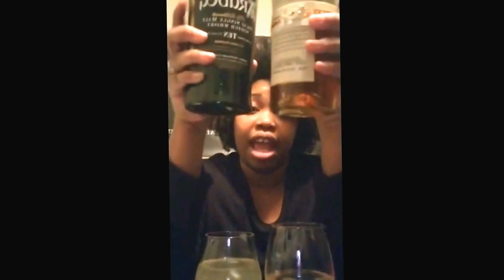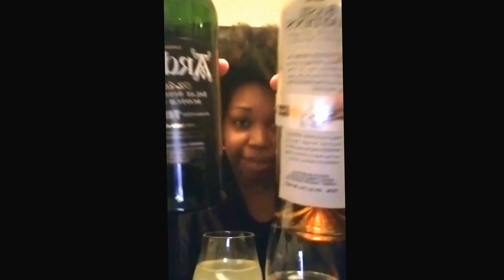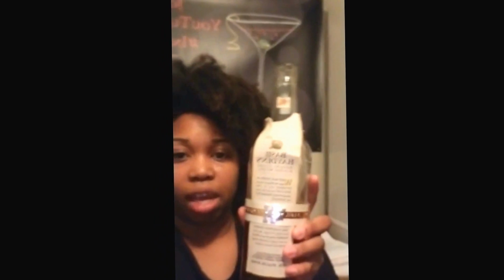So this is the Ardbeg with the sweet and sour and ginger ale, and this is just the Basil Hayden with just the ginger ale. And you can add the sweet and sour, or you could just do the Basil Hayden or the Ardbeg with just sweet and sour, and then those are called whiskey sours. Both very good choices. So this is our comparison today. Basil Hayden's